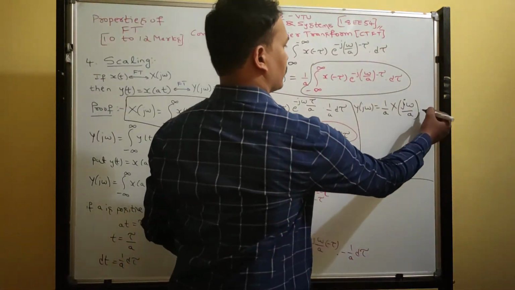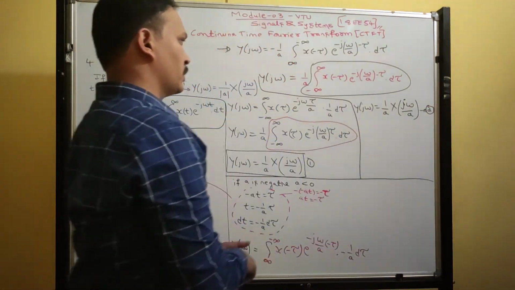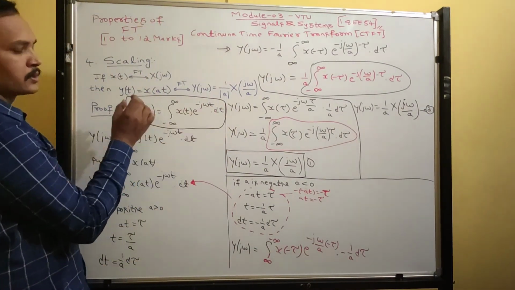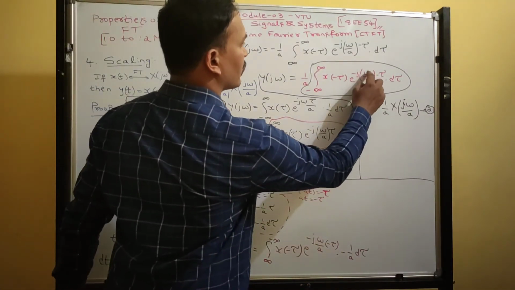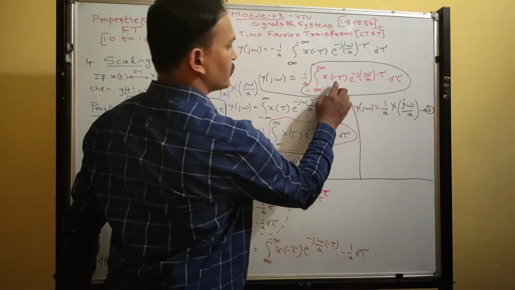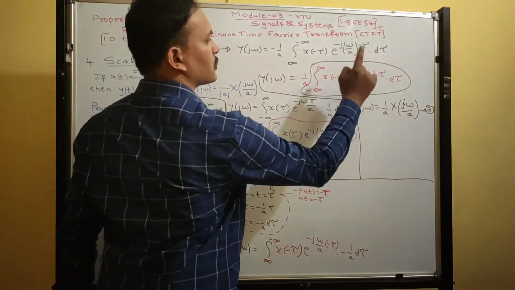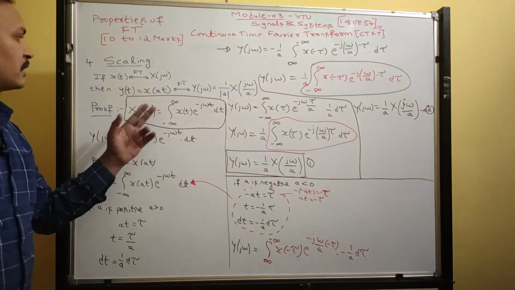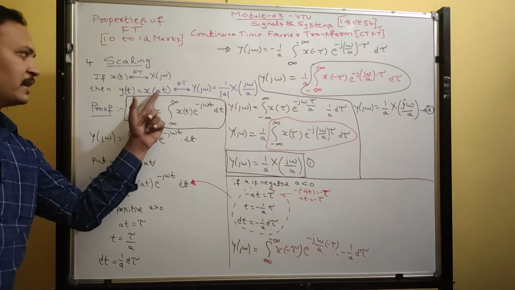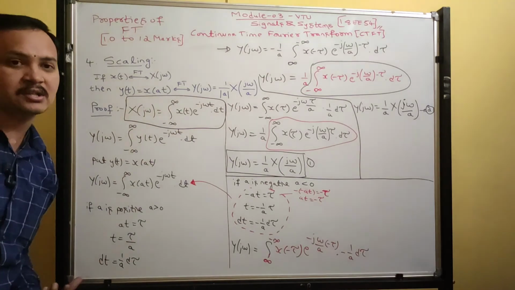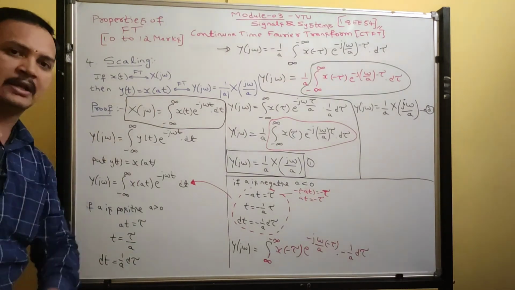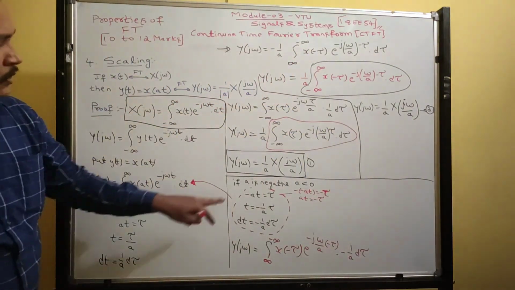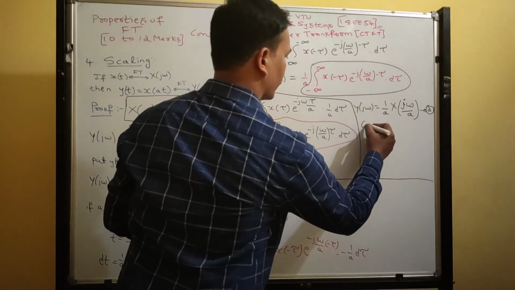So therefore now you take this equation number 2. Minus j omega becomes plus j omega, so minus j omega by a becomes plus j omega by a. Since here we have minus tau, here also we have minus tau. Why minus tau? Because for your signal x of at, if a is negative, it becomes minus tau. It means it comes under the negative side.